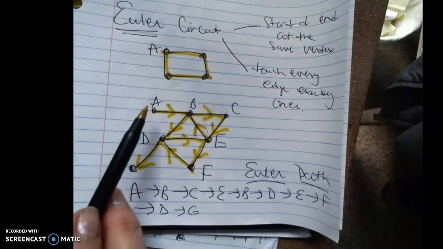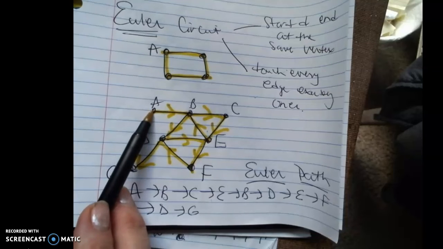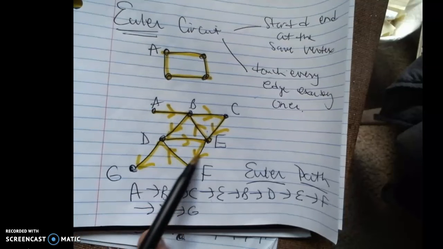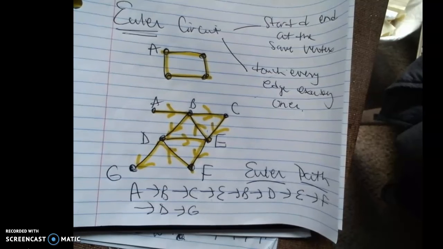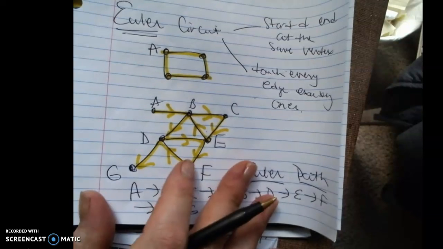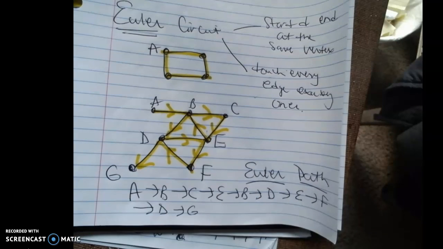Trying to get a circuit here starting with a bridge is going to be a problem, because see, if I start at A, how am I going to get back to A? There's no road. So sometimes you can't get a circuit, all right? And there is a theorem to help us with that, okay? And so let's see, I'm going to stop this video now. I'll start the next video with the theorem, and that's going to be a huge help to you.